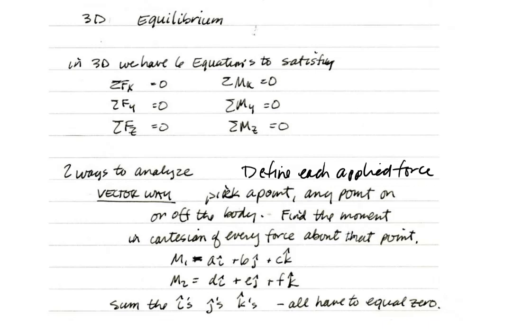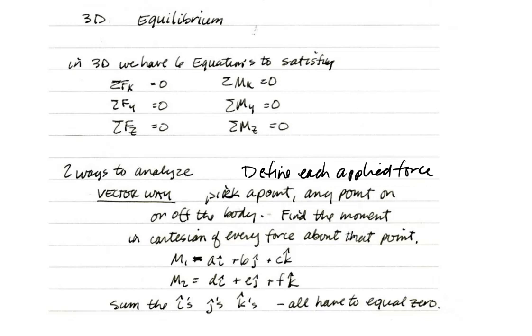We have talked about three-dimensional equilibrium and needing to satisfy all 6 equations of equilibrium, some of the forces in the x, y, and z, and then some of the moments about each of the x, y, and z axes. We've talked about the scalar approach on how to solve this in several ways, and now we're going to talk